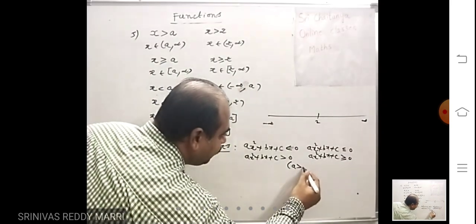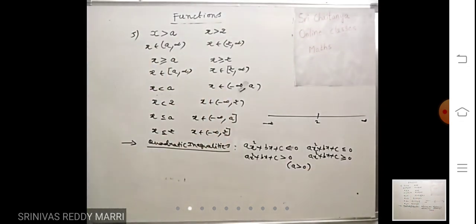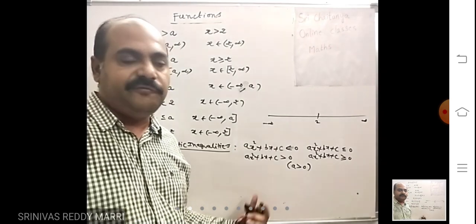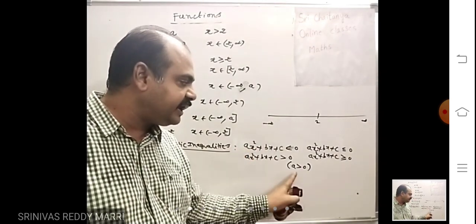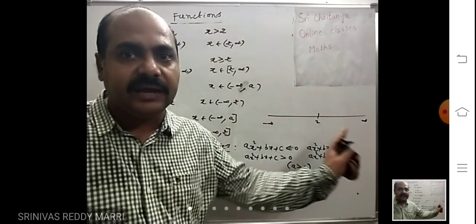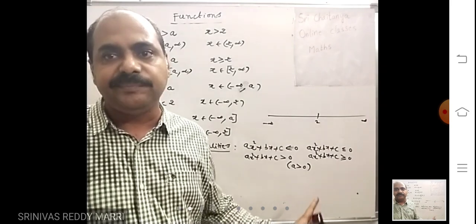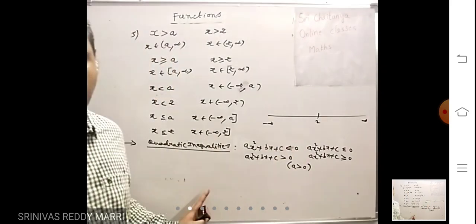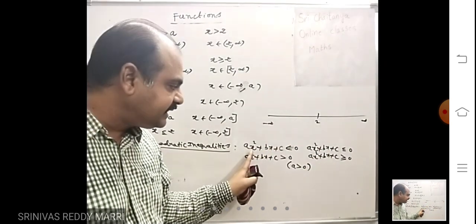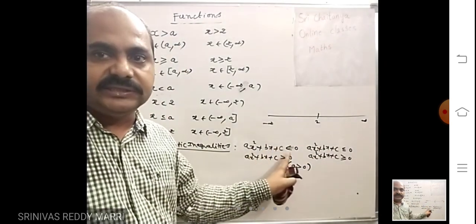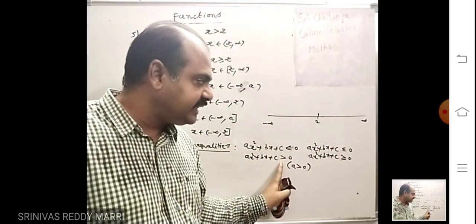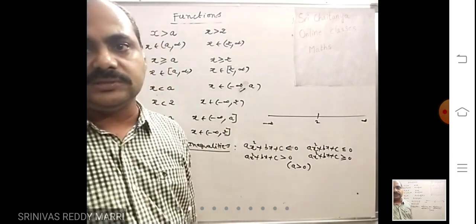Always make a positive. I am telling the formula: if a, the coefficient of x square, is negative, take minus common and always make it positive, for writing the formula I am telling below. That means you have to find the values of x for which this is less than 0, this is less than or equal to 0, this is greater than 0, this is greater than or equal to 0.